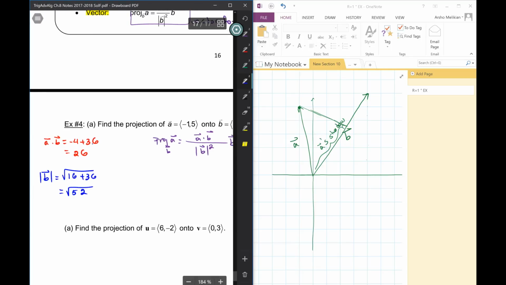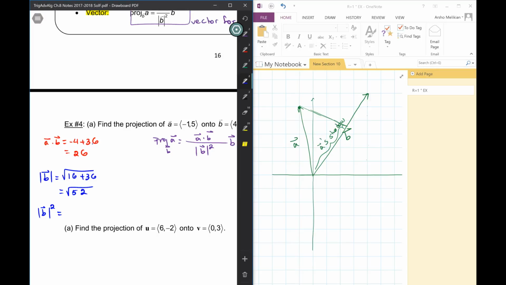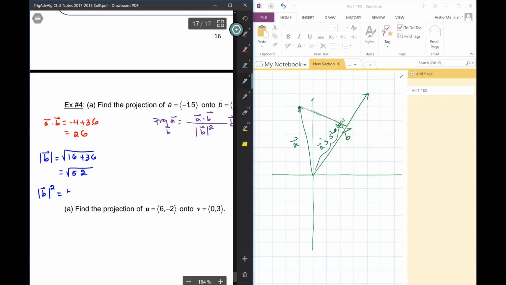But what I need is not the magnitude of B, but the magnitude of B squared. So if I were to square that root 52, what would it be? Just 52. So now we put all that in there. It's going to be 26 over 52